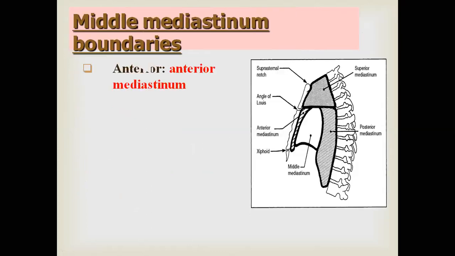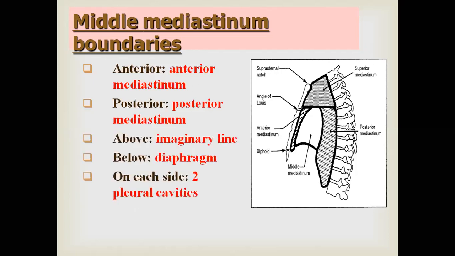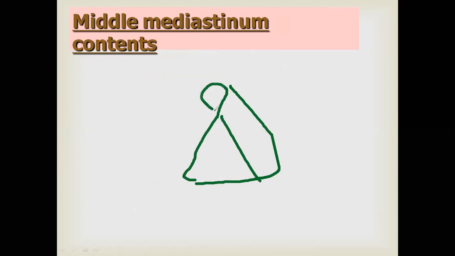Regarding the middle mediastinum, we finished the boundaries before. It contains the heart. Anterior to it is the anterior mediastinum. Posterior is the posterior mediastinum, with the major line above, the diaphragm below, and on each side you will see the lung and the pleura. What is the content? Yes. The content of the middle mediastinum will be the heart. The first structure will be the heart, and the heart